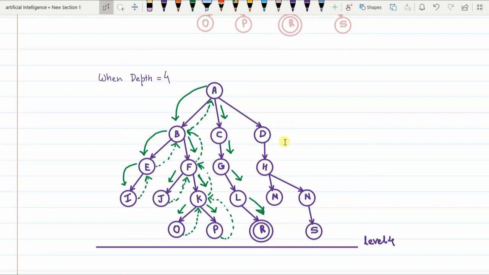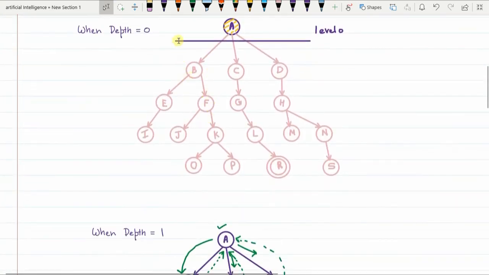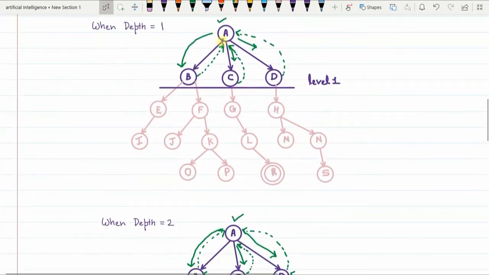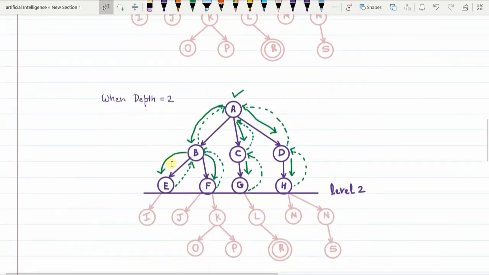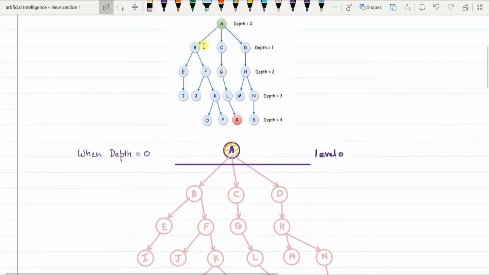Now that problem is solved by your iterative deepening search, because at every iteration what we are doing is we are going breadth wise, that is, one level we check fully, and only when we don't get a goal then we go to the next level and again check that level fully. After assuring that there is no goal node, only then we proceed to the next depth level, and so on. So in this process, if there is any goal node that occurs in any of these intermediate levels, it will be immediately detected.